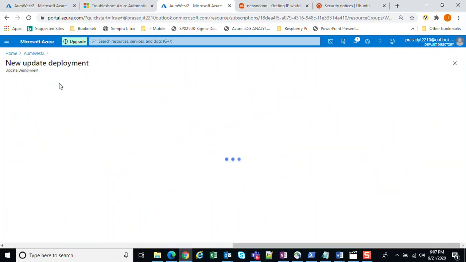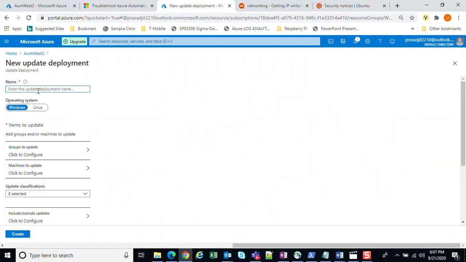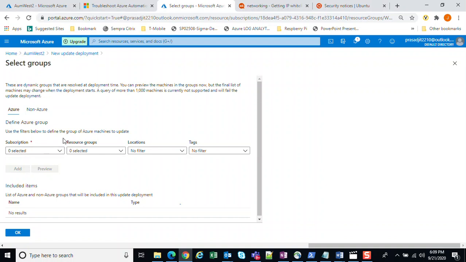So let us go here and we'll mention Windows. So here you can see this item to update. It is add group or machine to be updated. So now we will use a group here. So as you know, we have used a tag option, right? So for the tag option, we'll select free trial,